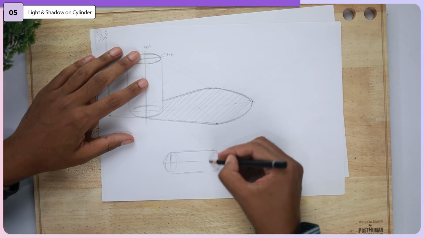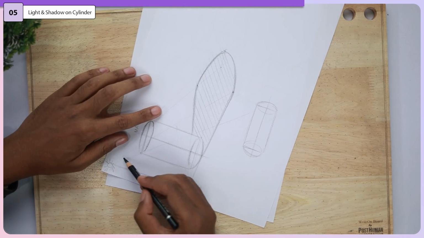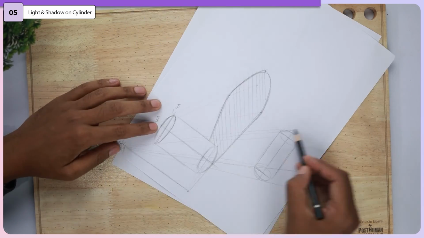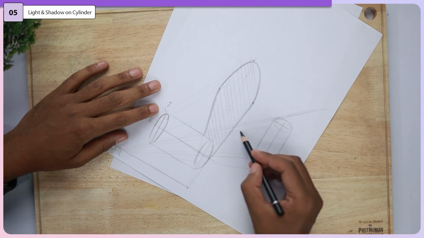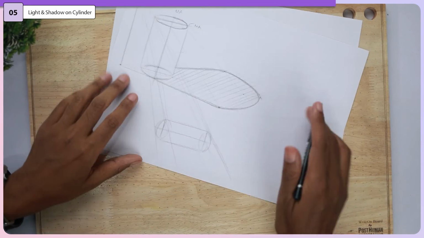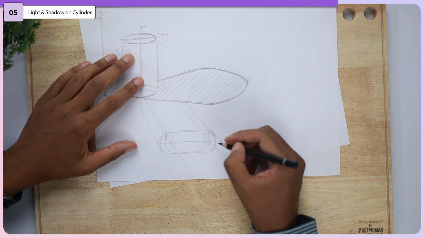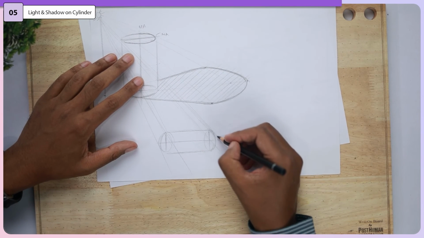Let's complete this ellipse also, so that we have these 4 quadrants, and another ray of light hitting on this side. Since you won't be able to see the back ellipse, the only light hitting it will be on this corner.